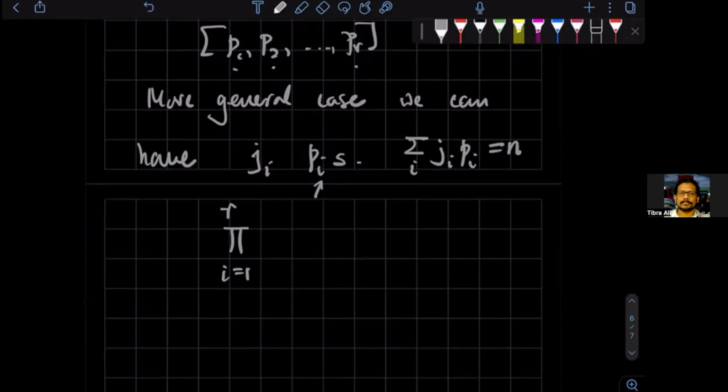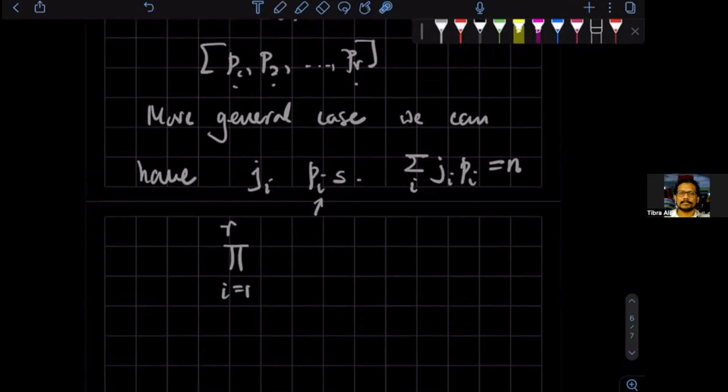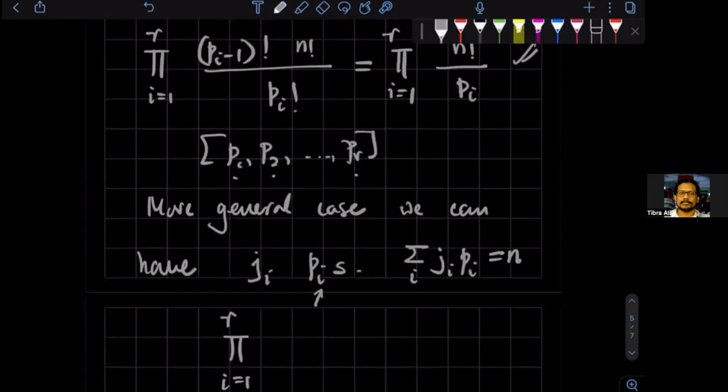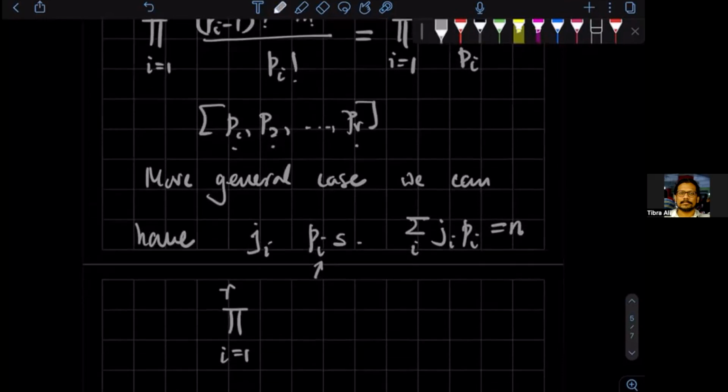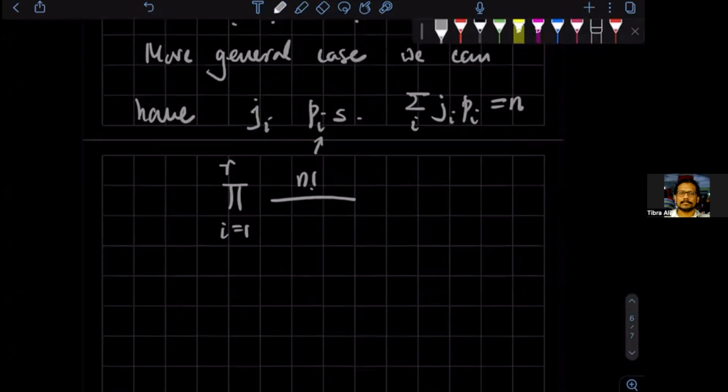So i is now running over the different sizes of p_i, but for a given p_i, there could be j_i of those cycles. So in this formula, in the numerator, we'll have the same n factorial, but here we'll have essentially p_i to the power j_i. But these different cycles